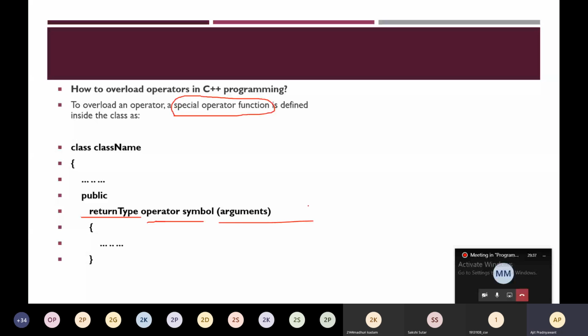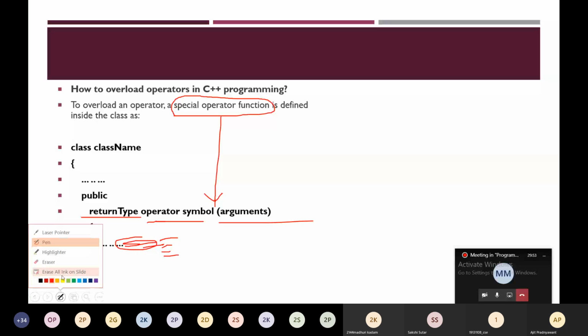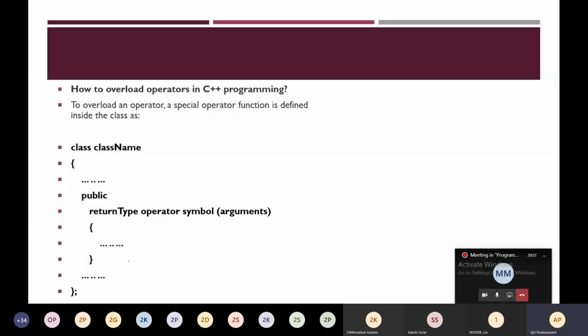This is called the special operator function. Open the bracket, close it. Here you can write a number of statements as per the logic of your program. Then close the class.